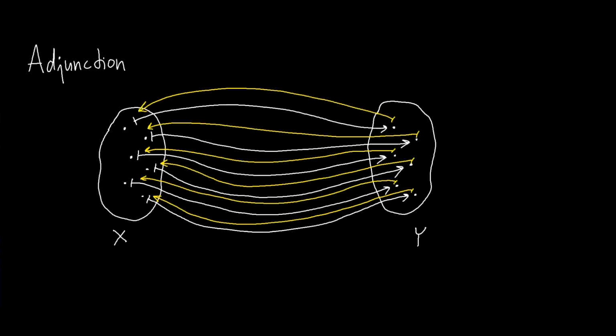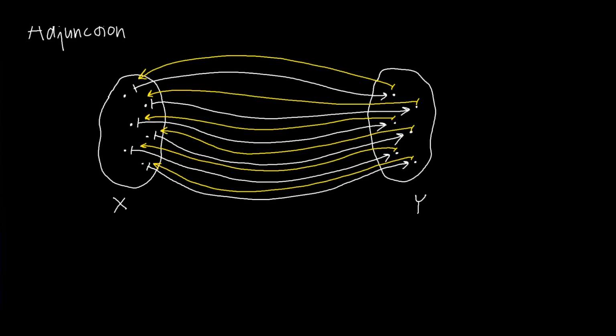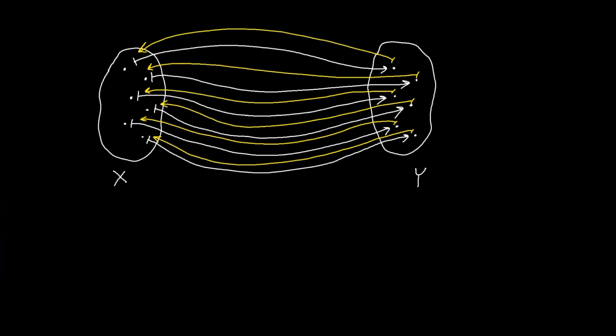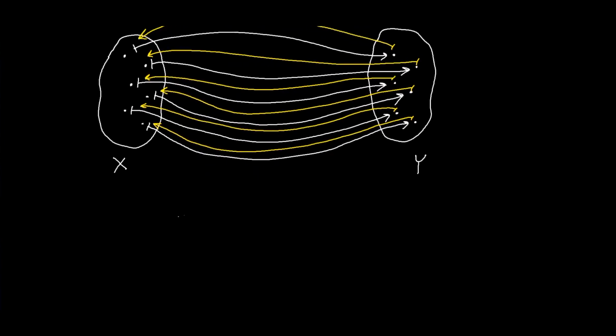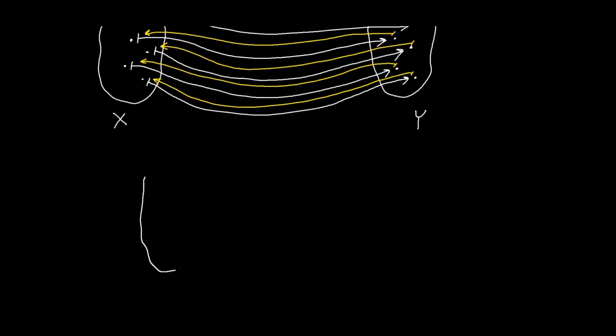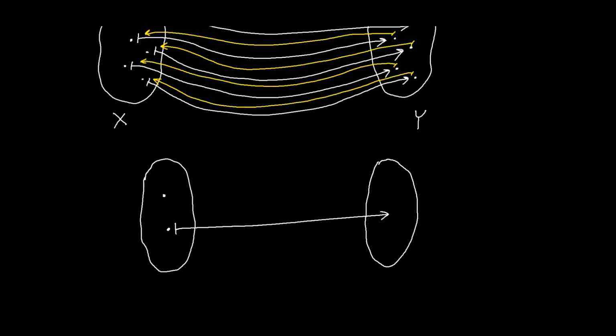And this is the best we can do when our mathematical structures are just sets. Why is it the best thing we can do? Well, what else could we do to say that two structures are kind of the same or similar? If I had a feature that allowed me to compare elements of the set with each other, then maybe I could have required that if I go forward and then I come backwards, I don't get exactly the same thing that I started with,